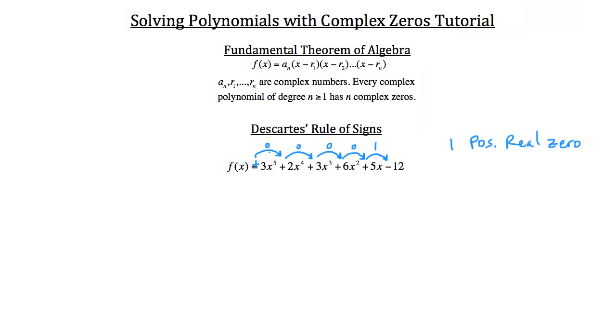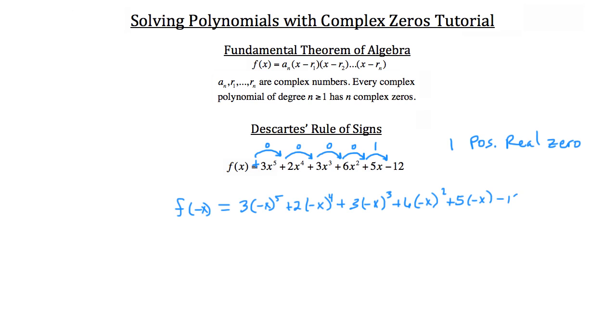Now the next step to Descartes' rule of signs is to solve for all the negative real zeros. So to do that, you want to plug a negative x into all of your x's. So it's going to look something like this. F of negative x is equal to 3 times negative x to the 5th plus 2 times negative x to the 4th plus 3 times a negative x to the 3rd plus 6 times a negative x squared plus 5 times a negative x